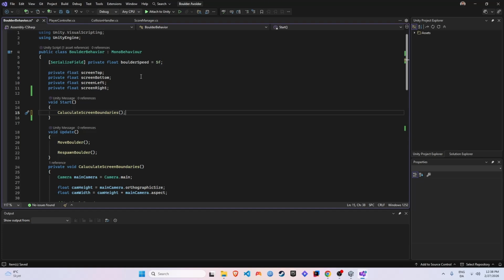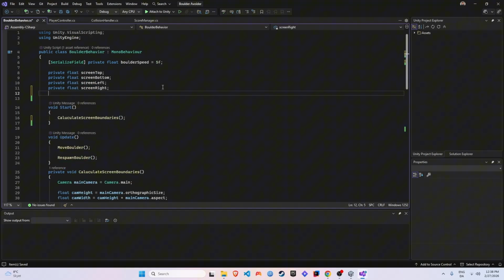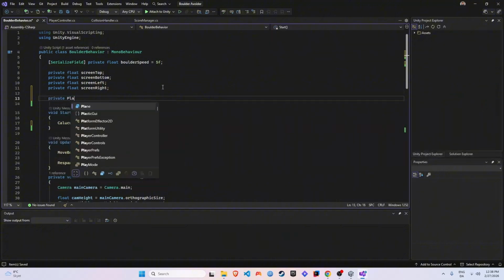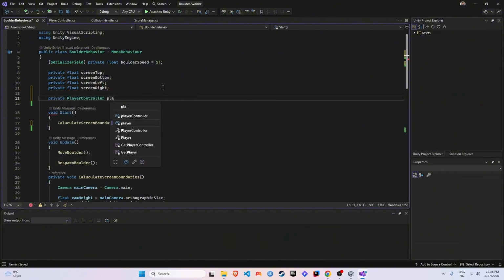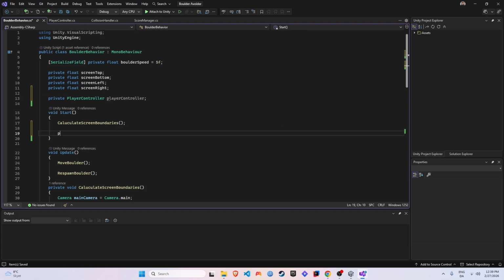So that's why we want to access an external game object. Let's say we wanted to access our player controller for some reason. Well, we would have to add a field. Let's just add a private PlayerController, and name it playerController. And then in the Start method, we would set our playerController to be equal to